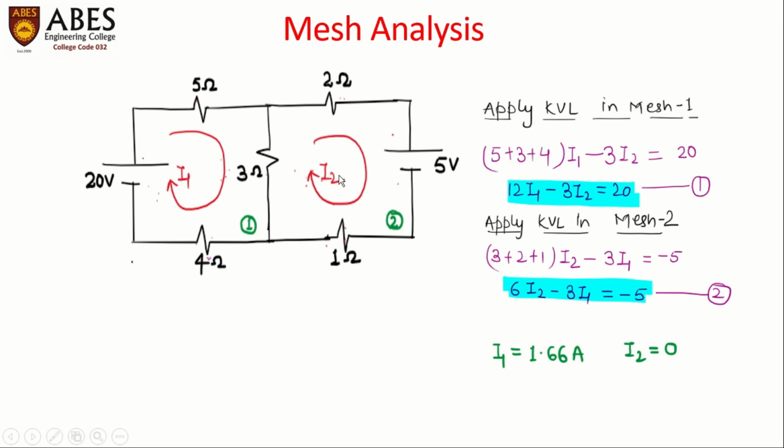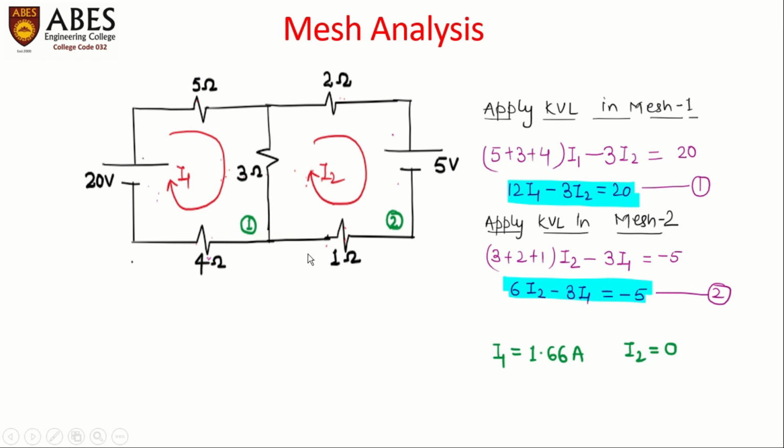After that, again we will find the common resistance of this mesh that is associated with another mesh. After searching this resistance, I have concluded that 3 ohm resistance is common between mesh 2 and mesh 1. Again we will write the value of common resistance, this one is 3 ohm, and the value of current except I2. Except I2, there is a current in 3 ohm, I1. With respect to I2, the direction of I1 is opposite in this particular resistance. So I have to take here minus 3 I1.